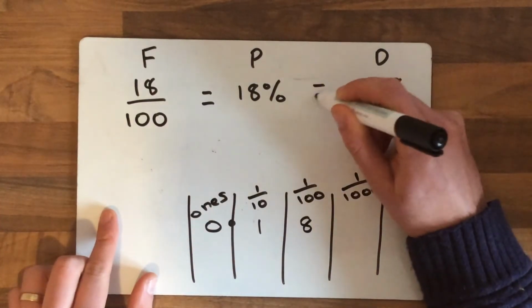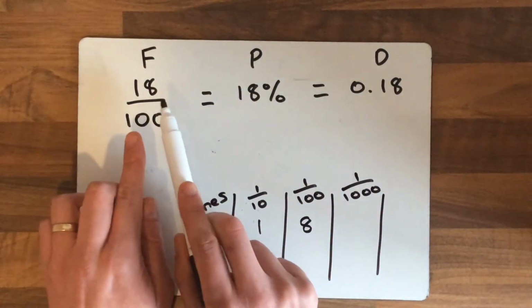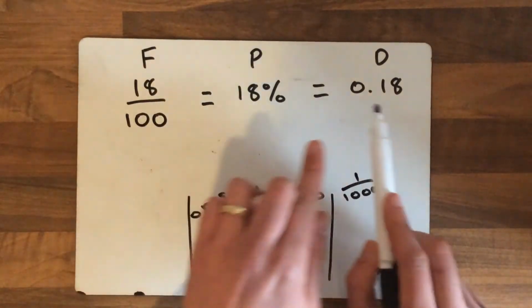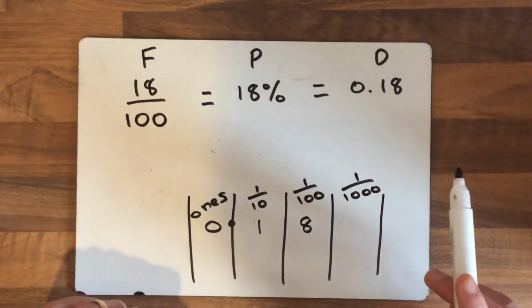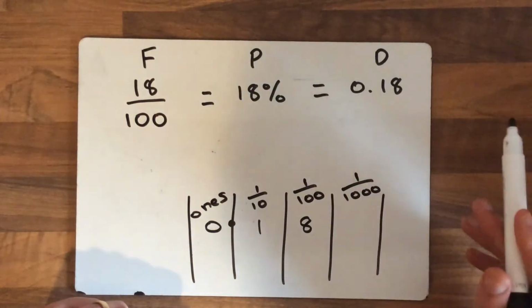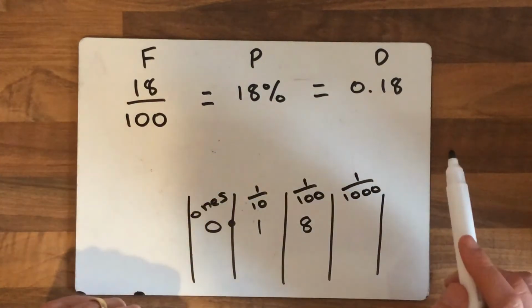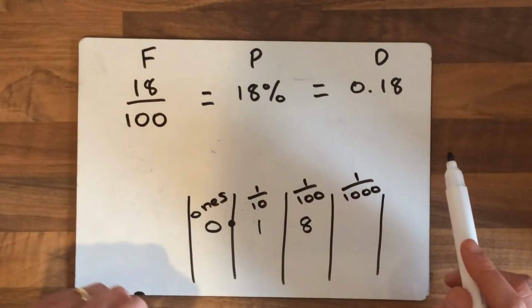So all of these three numbers, 18 over 100, 18% and 0.18, they're all completely identical in size. It's really important before we go on that you understand that they're all identical in size. If I was to give